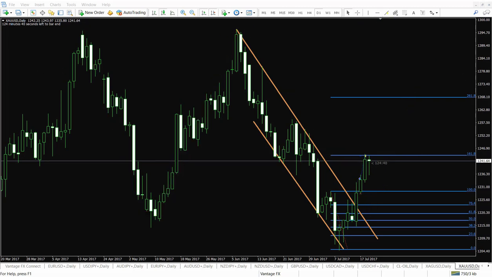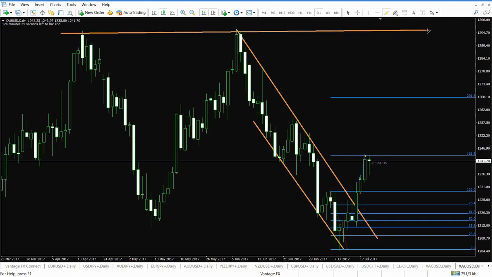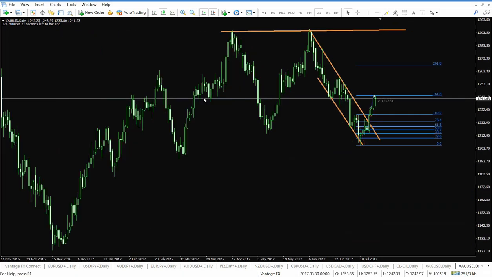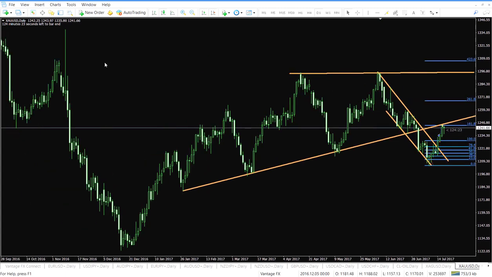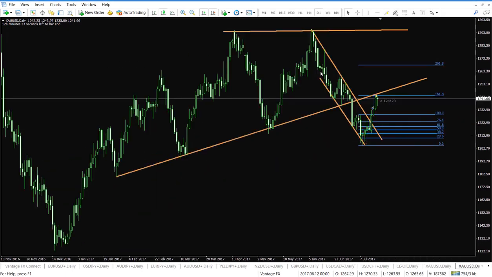Let me draw this channel. This is the top level that we have, and this was the down level. So this broke this channel. This is kind of a triangle, big, but yeah,